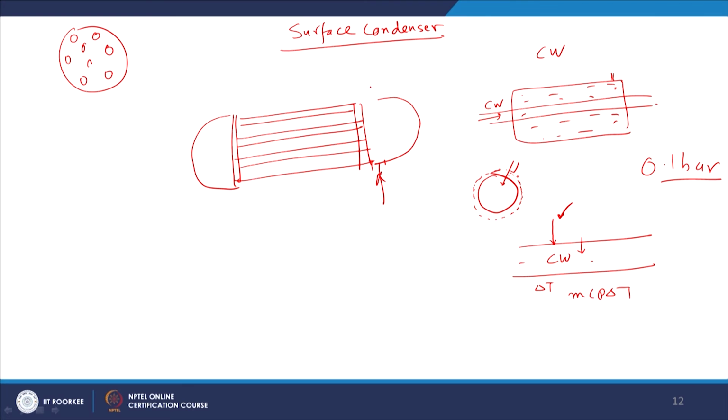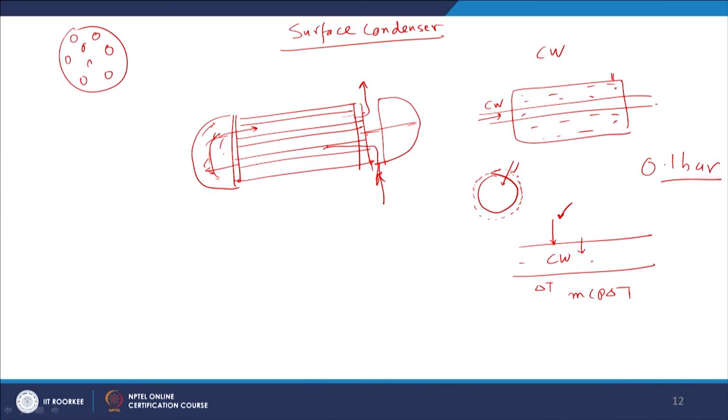First of all, it will not go to this side, there is a partition. So, water will move in this direction from the bottom, right. Then this is filled with water, right, and then water will take a U-turn and it will again flow in this direction, and after taking heat from all the tubes, it will leave from here, right. This is upflow, this is upflow. If you invert the flow, it will become downflow. Water entering from here and leaving from here, it will become downflow, right.